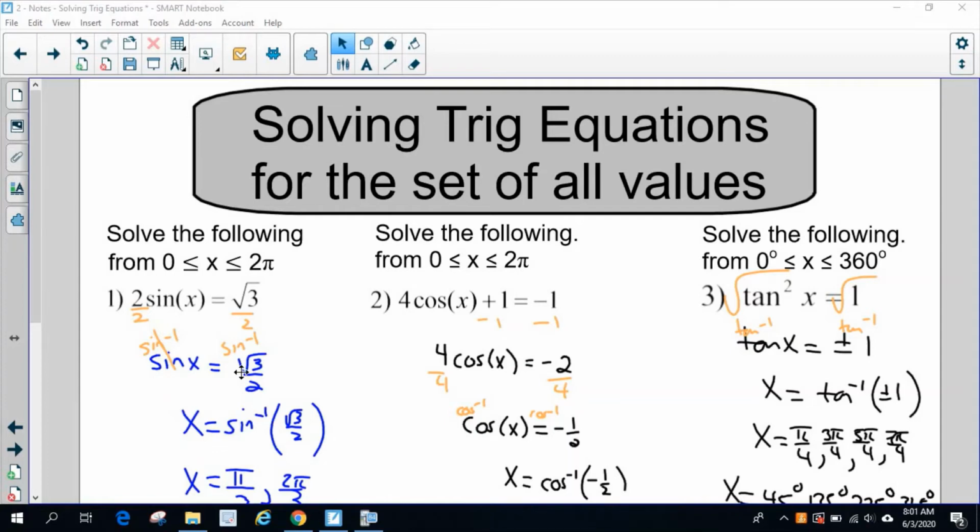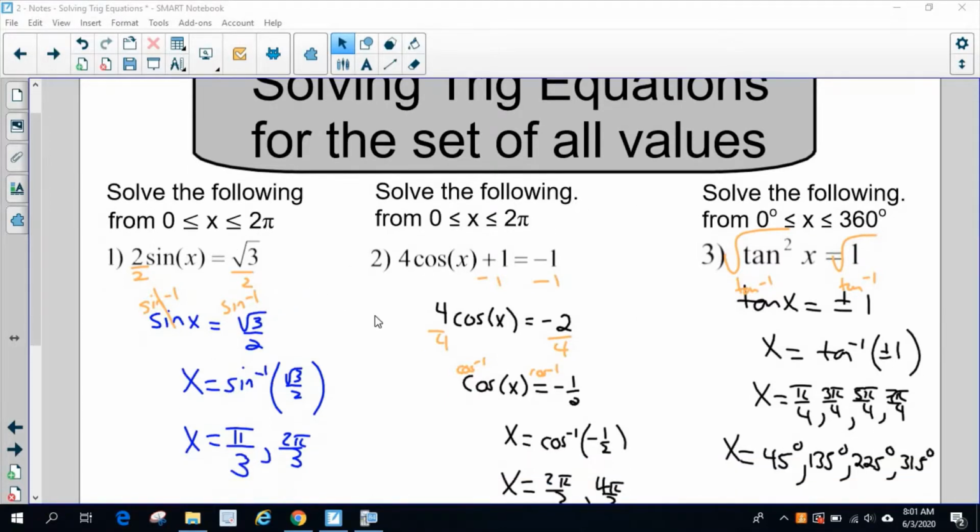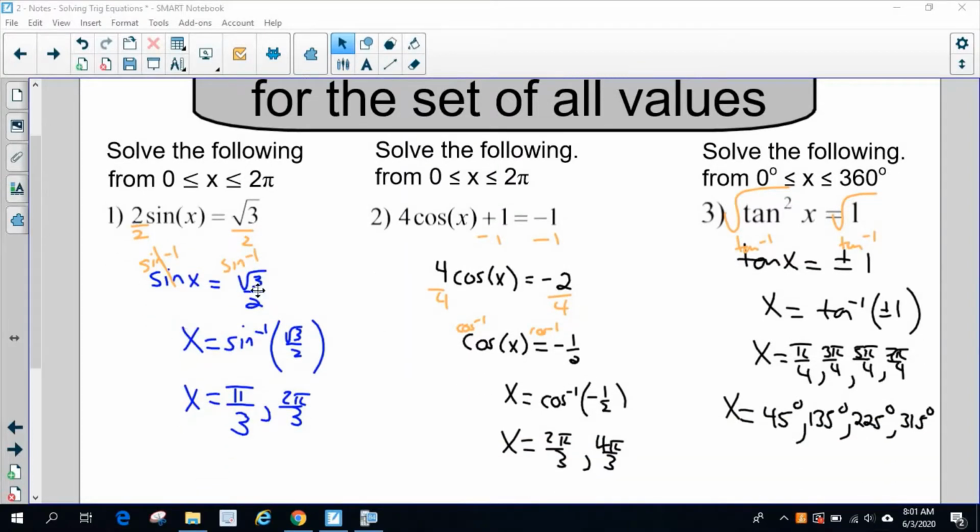In this video, we're going to talk about how to solve trigonometric equations for the set of all values. And the assumption is you watched the first video on how to solve a trigonometric equation just for values between 0 and 2 pi or 0 and 360. So the idea here is that once you get the set of values by solving and using the inverse function,